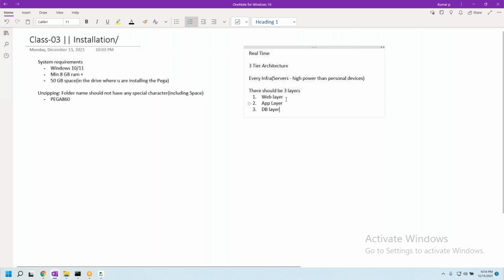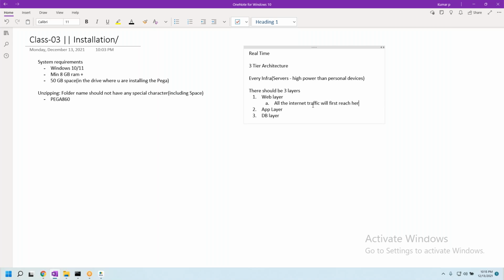Okay, when I say web layer, what is the function of this web layer? What it will do is, all the internet traffic will first reach here before going to app layer.